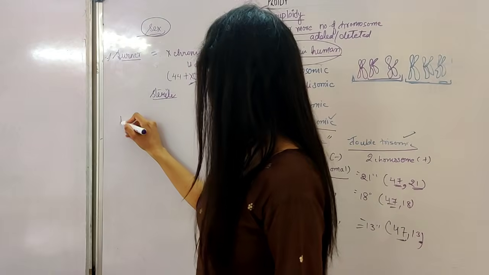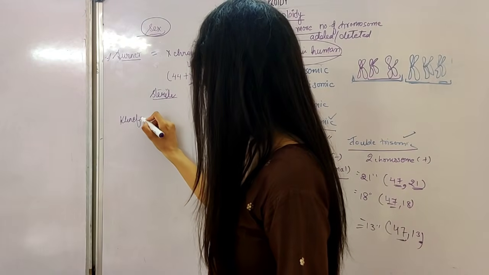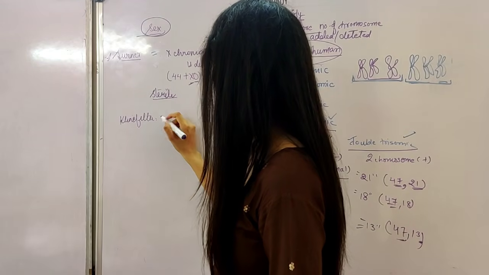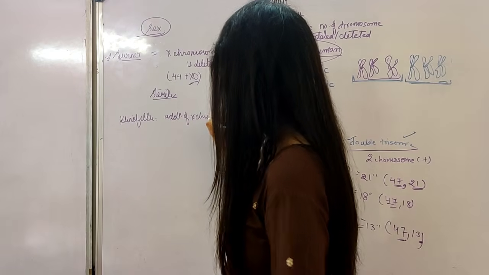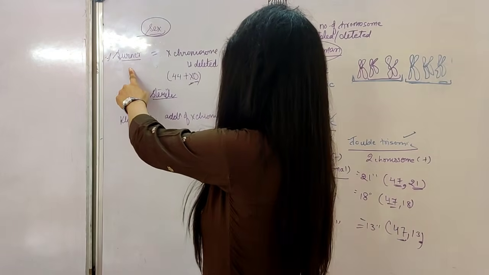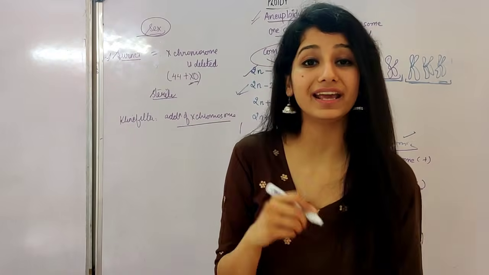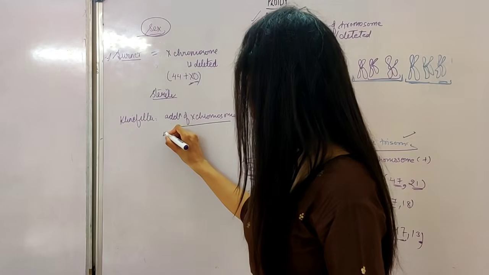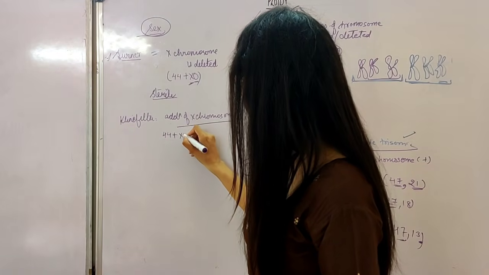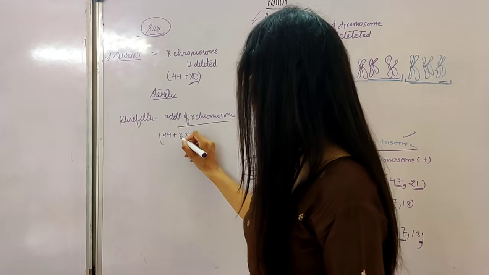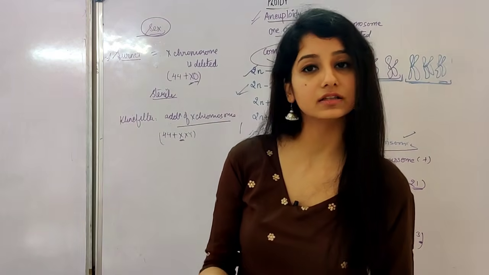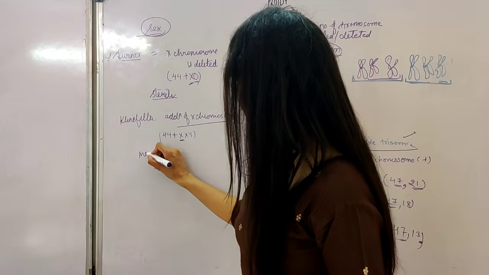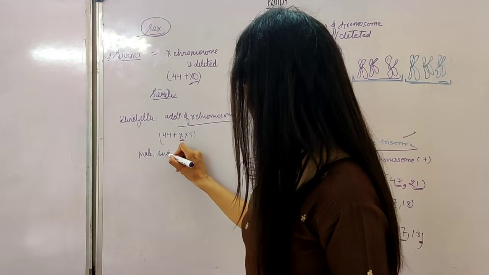While the next disease is Klinefelter disease. What happens in Klinefelter disease is that addition of X chromosomes occurs. Here the deletion of an X chromosome was occurring, but here the X chromosome will be added. So what will be the condition? The condition will be 44 plus XXY. Because there is an addition of one X chromosome, this generally occurs in the male. So here the male will be subfertile.